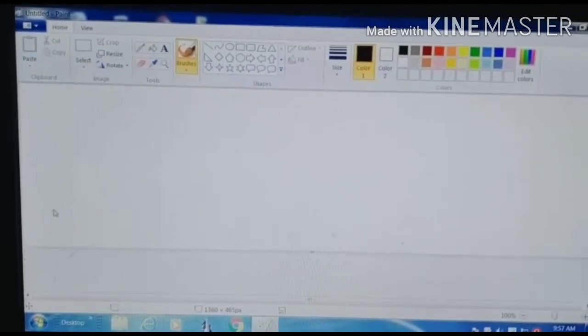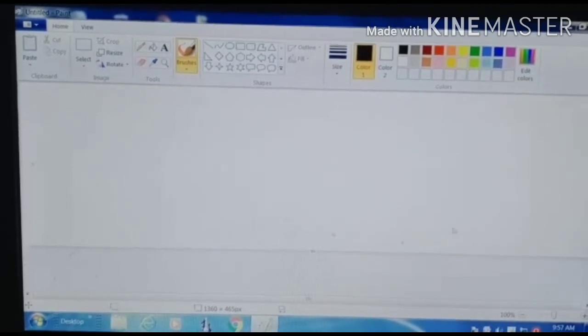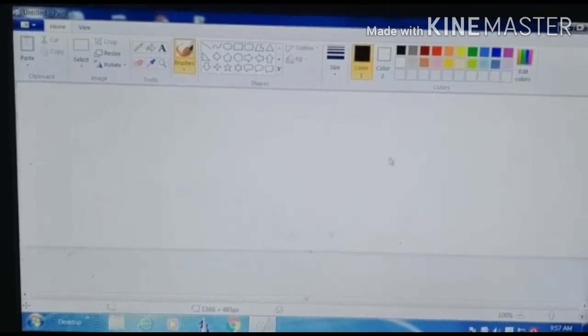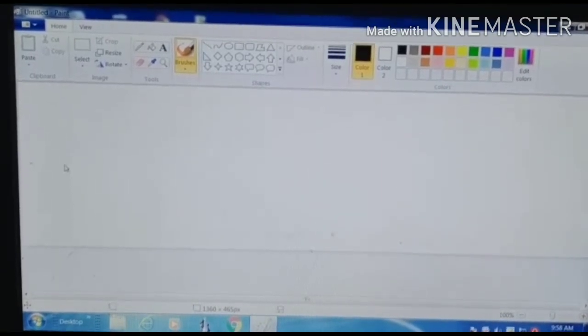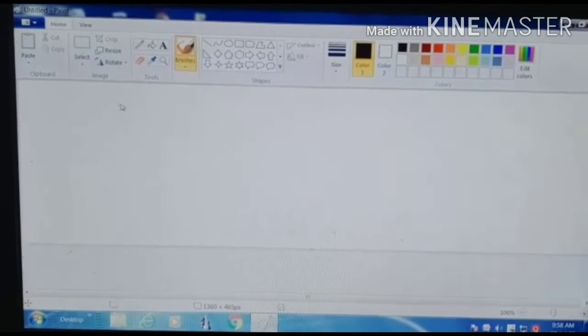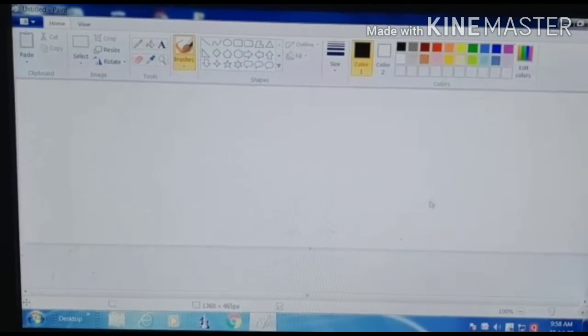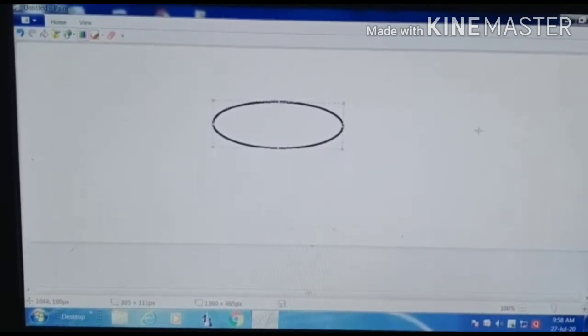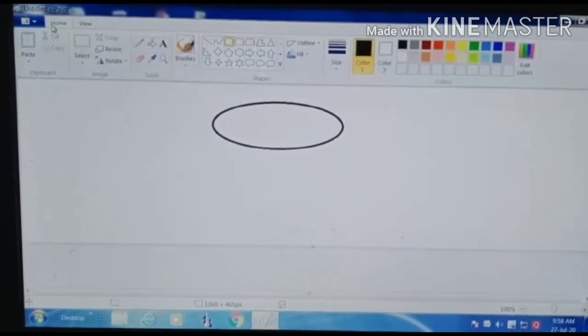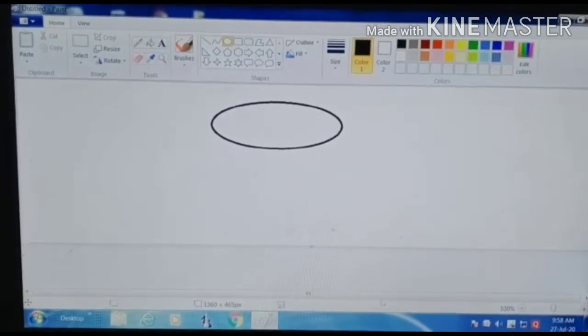Now after this, come to the drawing area. Can you see the white area here? This is known as the drawing area. The drawing area covers the major part of the paint window. This area is used for making colorful drawings. Whatever you want to draw, you can draw here. Can you see? I have selected circle from the shapes tool and dragged the mouse in the drawing area, and you will be able to draw whatever you want to draw here. What does the drawing area help you with? It helps you to make colorful drawings.